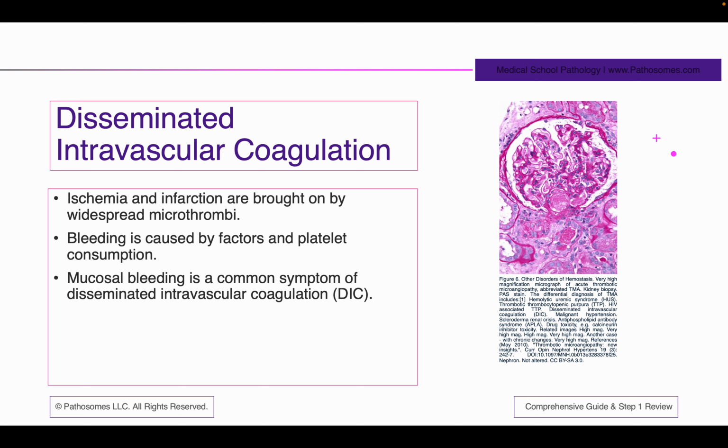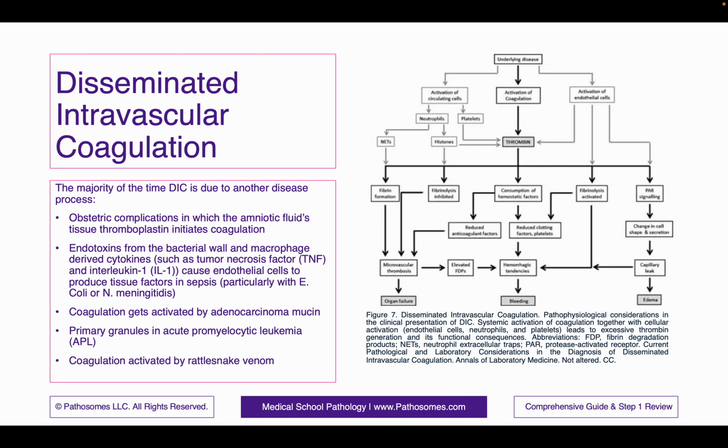DIC can lead to ischemia and infarction that are brought on by widespread microthrombi. Bleeding is caused by consumption of clotting factors and platelets. Mucosal bleeding is a common symptom of disseminated intravascular coagulation. The majority of the time, DIC is due to another disease process. For example, obstetric complications, in which the amniotic fluid tissue thromboplastin initiates coagulation, or endotoxins from some sort of